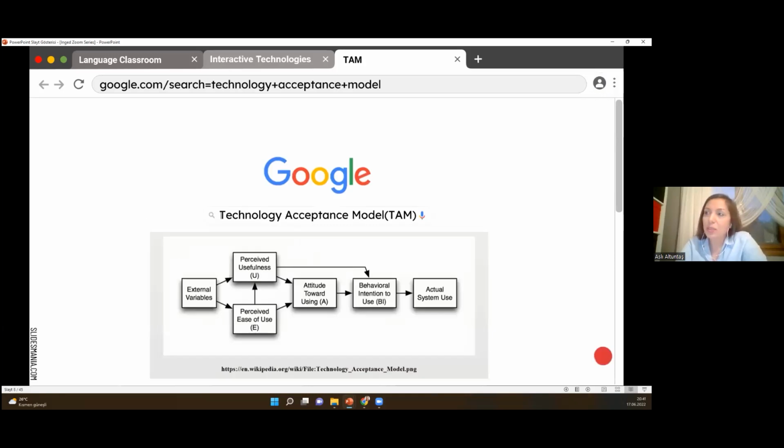And technology acceptance model, we talk about this model a lot in our PhD sessions. It is not a brand new model, actually. It dates back to the 1980s. And it is one of the most influential models of technology acceptance, with two primary factors influencing an individual's intention to use new technology: perceived usefulness and perceived ease of use, which mean